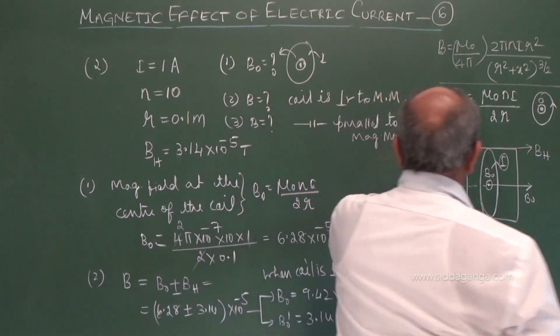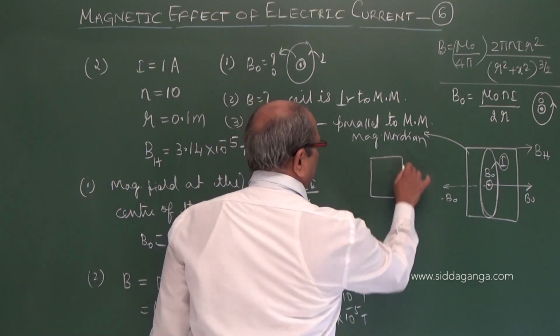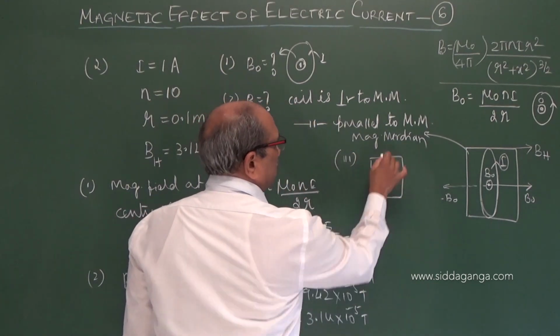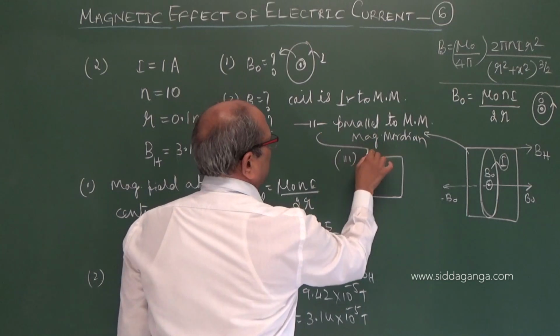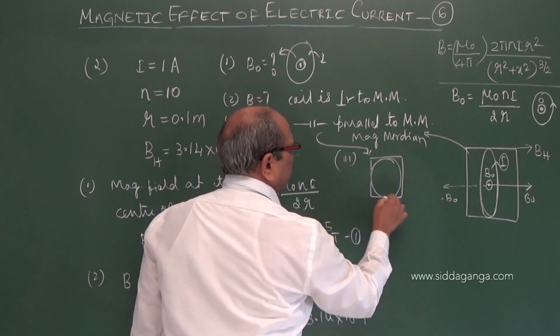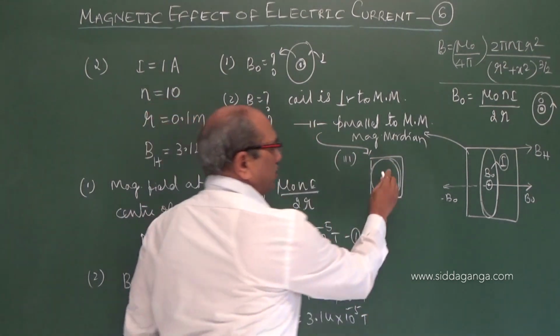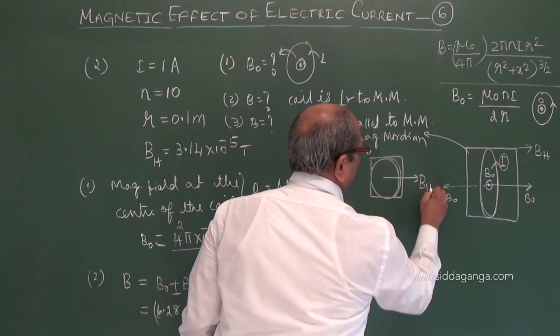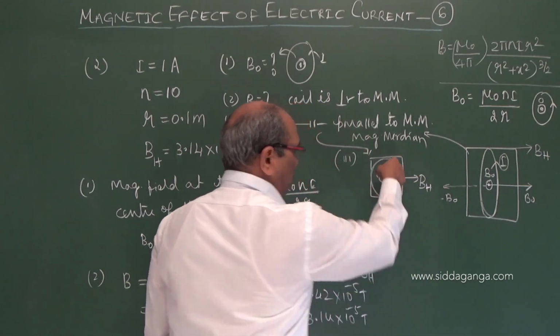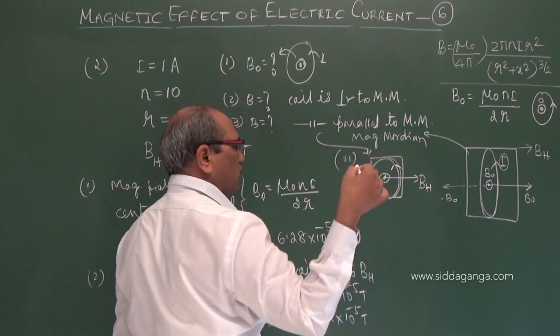If the coil is placed, if it is the third case I am coming to, parallel to the magnetic meridian, then the coil is placed like this. Both planes are matched. When they are matching, BH is in this direction, but B is perpendicular to it, out of the board or into the board, however it may be. In this case, it is out of the board.